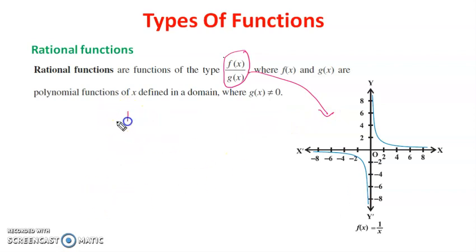For example, 1 by x is a rational function, provided f of x is equal to 1 by x. It will be a graph like this. Likewise, we can depict the rational functions on the graphical part. And then comes